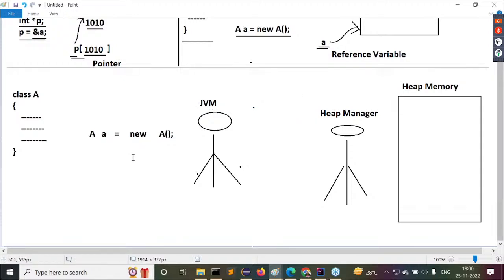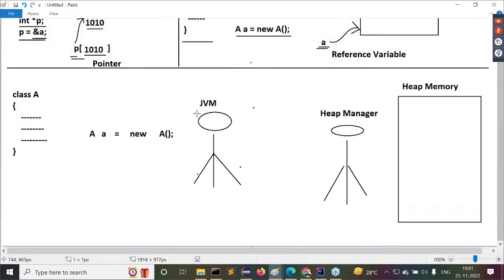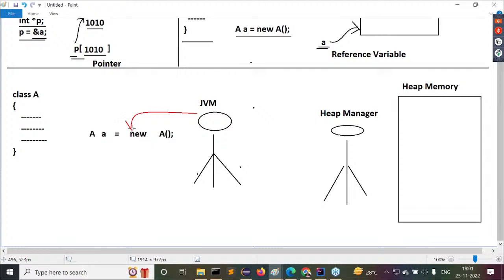Now I'm going to start that internal flow. Try to understand this internal flow clearly. First, JVM will execute this particular statement: A a = new A(). Especially the new keyword is executed. Then immediately JVM will send a request to the heap manager.